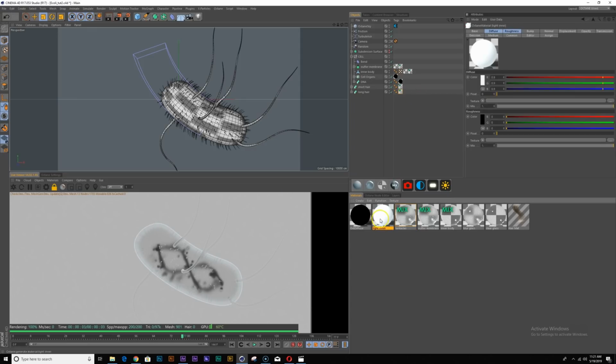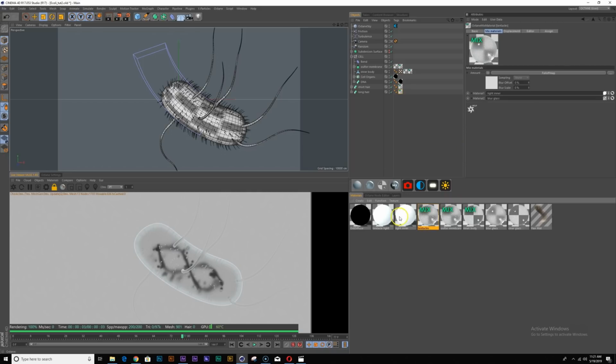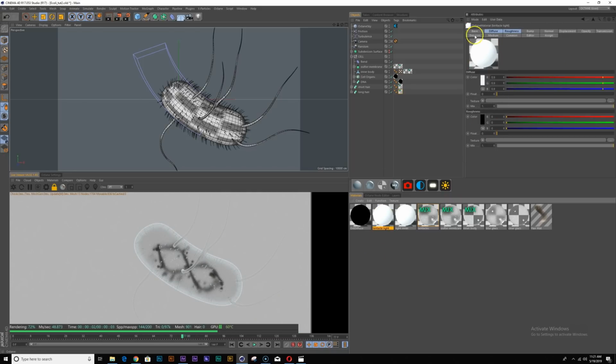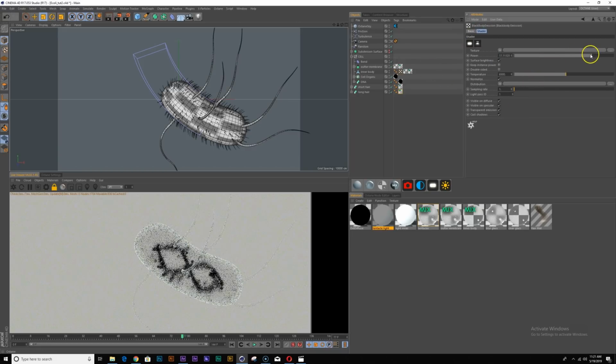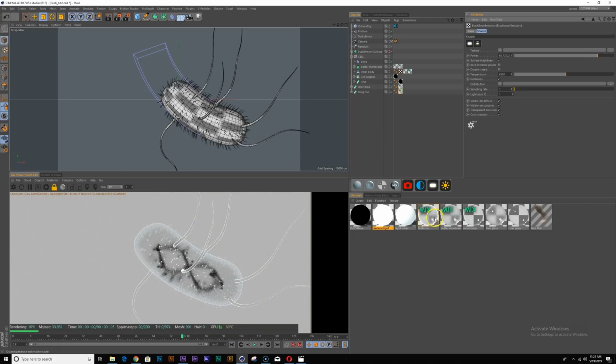And I'm going to duplicate this light as well. I'm going to call this my tentacle light. So let's replace that and go in here and play with the power again. Maybe crank this up, and yeah, there you go.